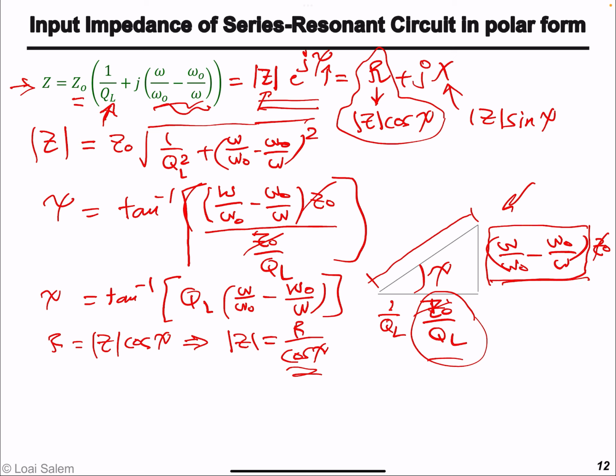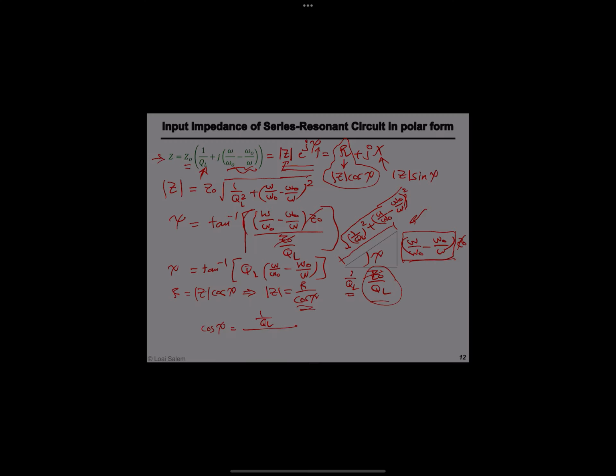And so this dimension will be the x dimension square plus the y dimension square. And so cosine psi is given by the x dimension, which is 1 over QL, divided by this dimension,